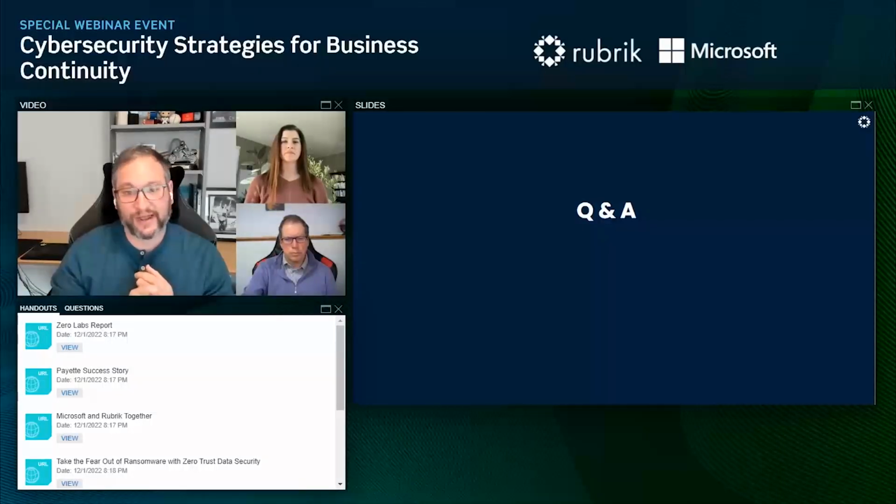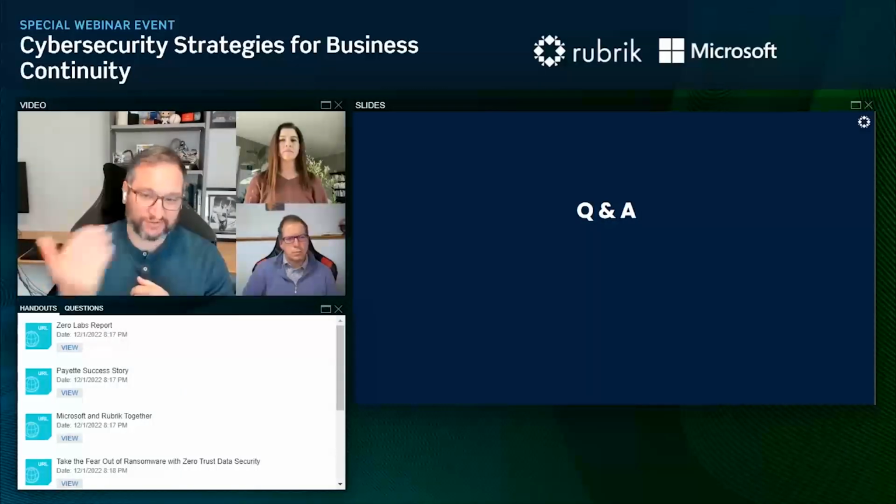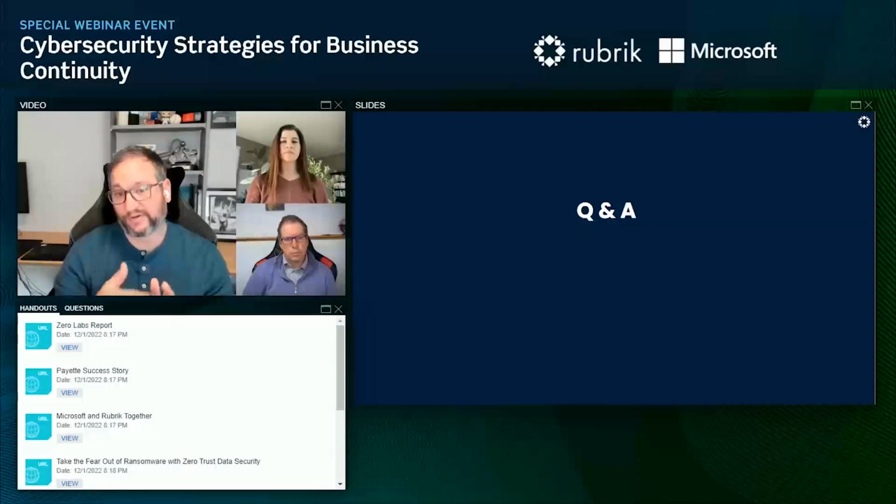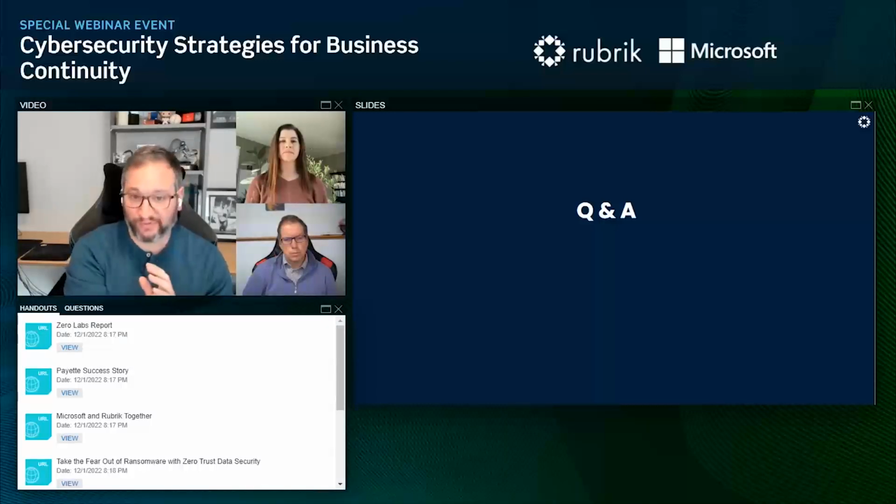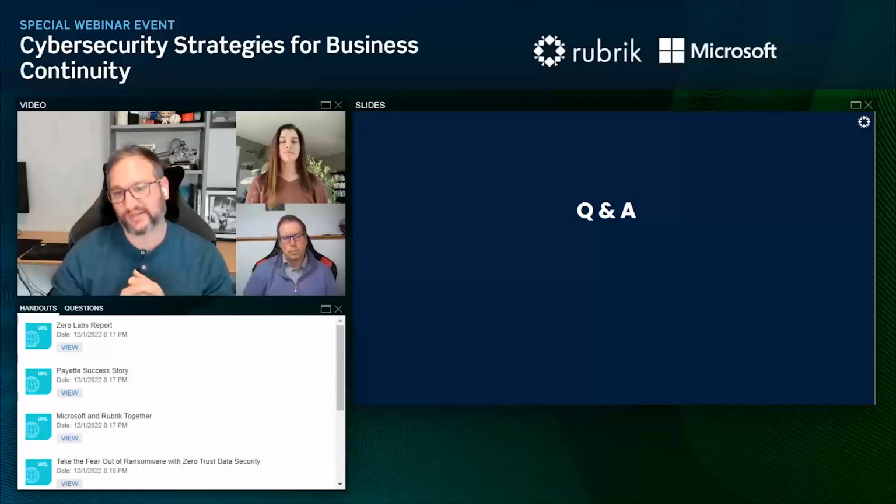Now not only are you alerted to the fact that it's happening, but there's also the intelligence to go in and find out, okay, this has been happening for 72 hours. We need to restore the last clean copy, which is just before that. And Rubrik does all that for you. There's no, oh crap, I've got to go figure out exactly when I can recover from. The technology does that for you. So just make sure you're looking at technology that can provide that kind of value. Yeah, it's a good question.